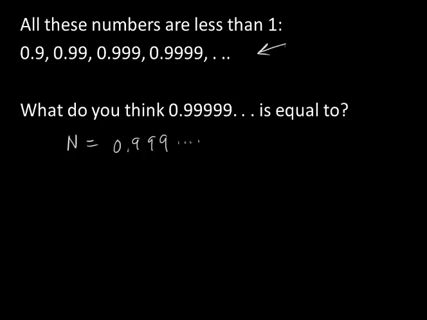And then I want to circle the repeating part of the number. In this case, it's just 9. And I'm going to multiply n by the power of 10 that would move the decimal point to the right of that repeating block of digits. So that would be times 10. So 10n is equal to